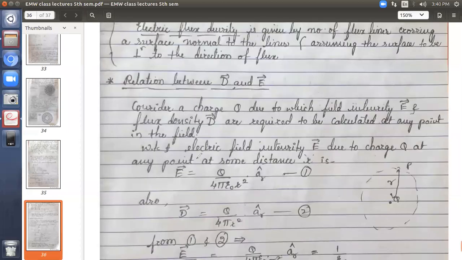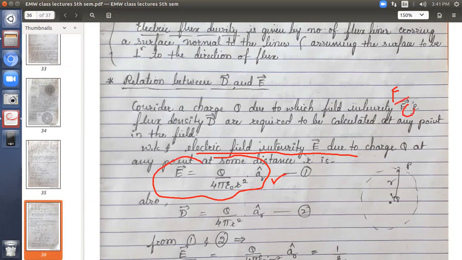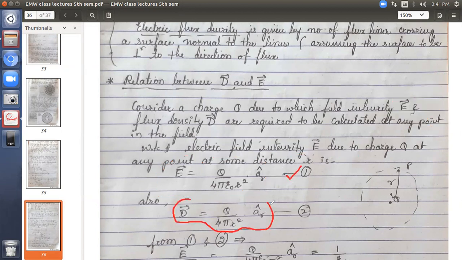If we want that, we know the electric field intensity E, according to the definition, this was the second concept after the experimental law of Coulomb. We started this module with Coulomb's law, the experimental setup, the equation for force. Then we went for the E expression, which we have already derived. E is equal to F by Qt, where Qt was the test charge equated to 1. So E is equal to F at Q equal to 1. We have already seen this. So E is this equation, and flux density, just now we have seen.